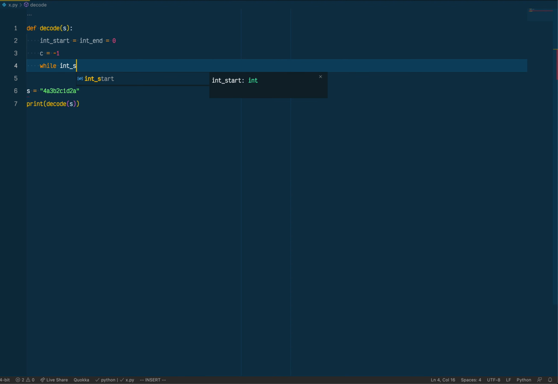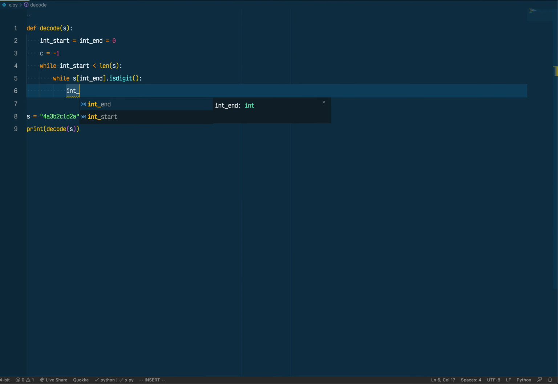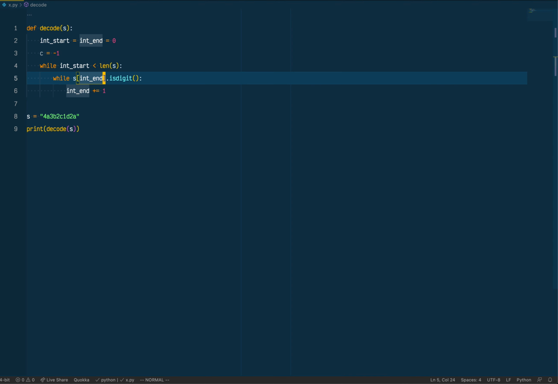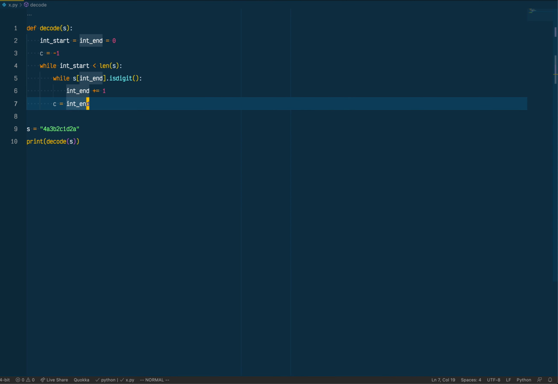While int start is less than length of s, we can say while int end is a digit, so this is a built-in function, we advance the end pointer by 1. Yes. So after we're done with this loop, we know that int end points to the character, so we can